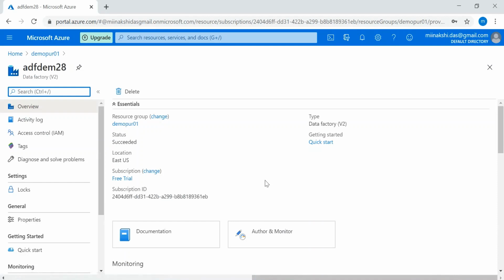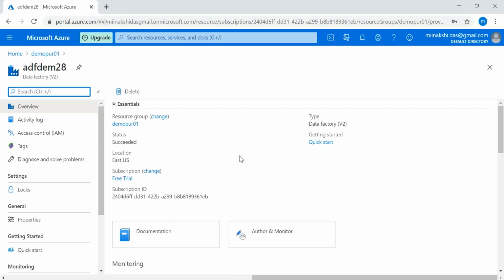Here, to create any pipeline in the data factory, we can click on this Author and Monitor. Data Factory is an ETL tool. It is very similar to SSIS. Like we have packages in SSIS, here in Data Factory we have pipelines.